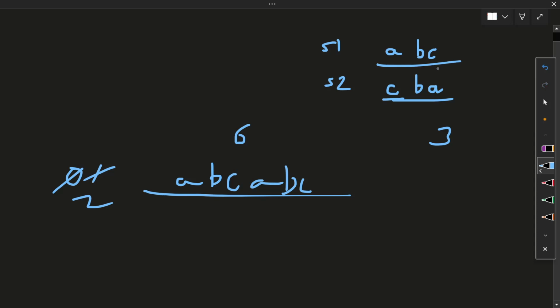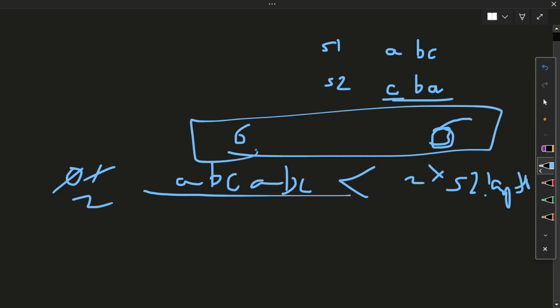So the condition is the length of this string has to be less than 2 cross s2 length. In this case, s2 length is 3, 2 cross 3 will be 6. Now this is equal.